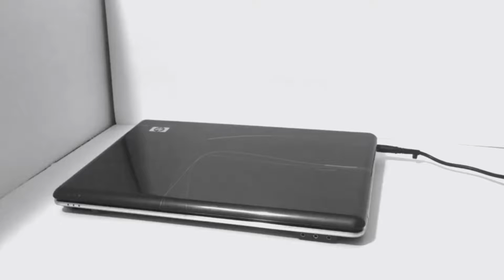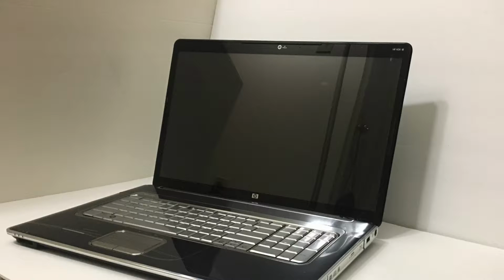I've reviewed an HP HDX in the past. It's me, and this is the HP HDX-18. This is yet another episode of Scrutinized Tech. This time, however, we're reviewing the HP HDX-18. So, I got an HP HDX-18, specifically the